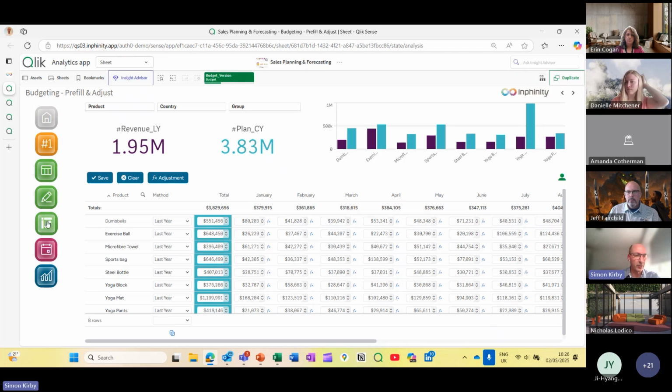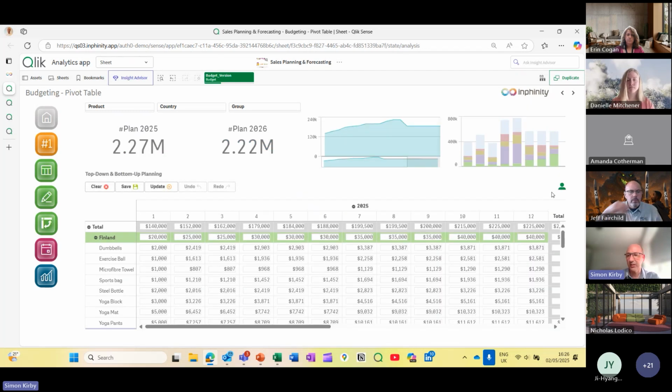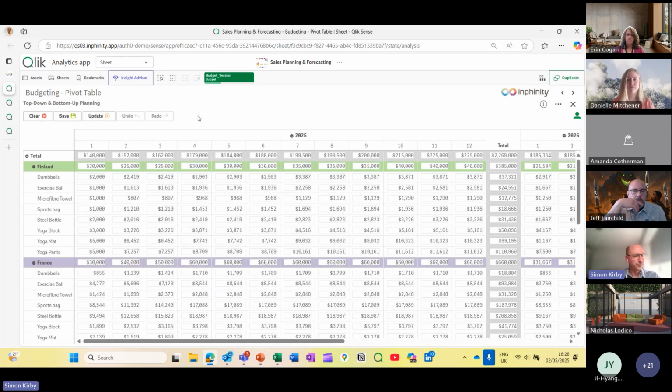And then the final way that we can do a budget, and this is where things get really interesting. About a year ago, a number of customers and partners said to us, hey guys, it would be great if you could allow us to put in a number at the very top level, and then that will automatically distribute down throughout a hierarchy. And if you put numbers in at the bottom or the middle level of the hierarchy, it will aggregate up or down or both. It will do both, right? So we decided to build this.